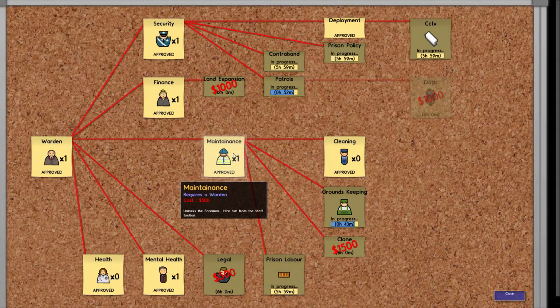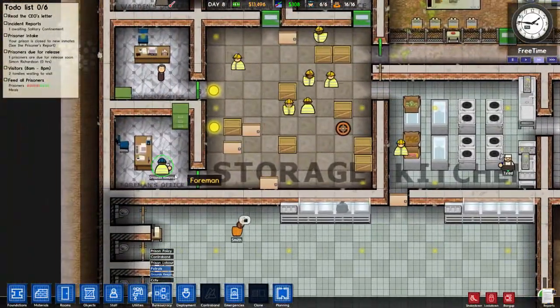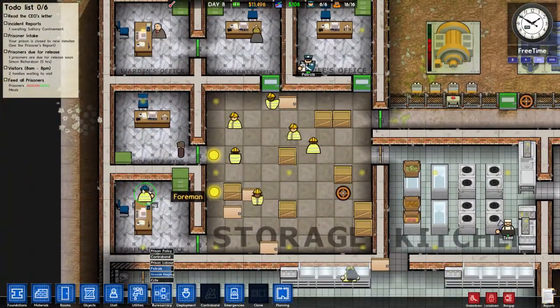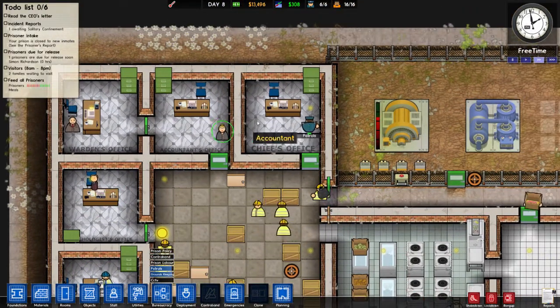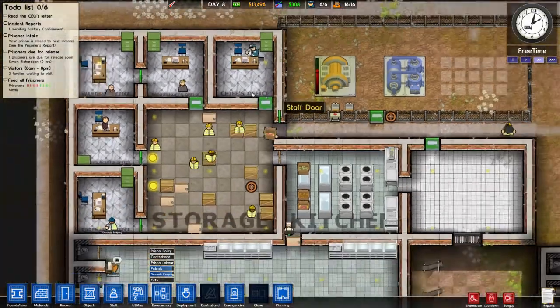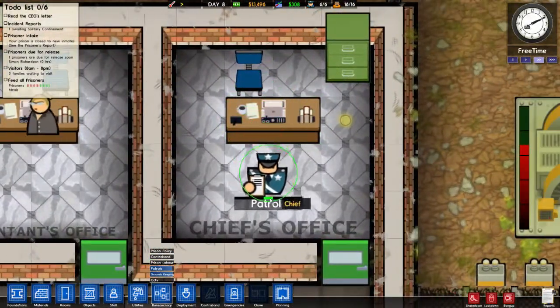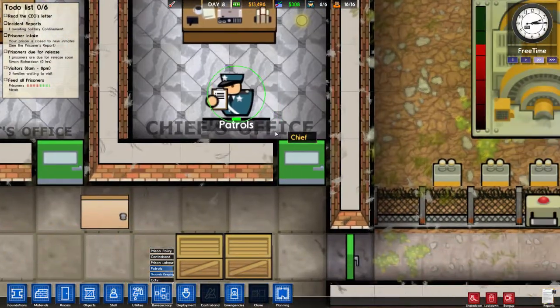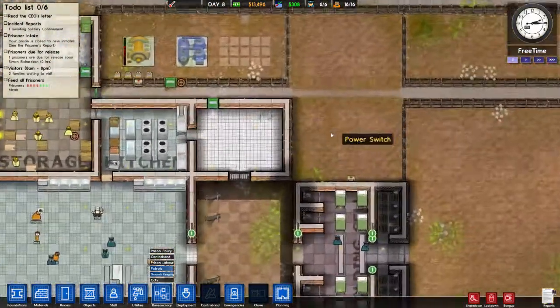Oh, do I have to hire a maintenance person? No, I've got one. Oh, he can only research one thing at a time. He's researching groundskeeping. He's researching patrols. Tired. Okay. Do you notice that this guy here, he's got flashing up that he's tired, and that green bar's really, really low? Well, one of the things in this update is you need a staff room now, because staff